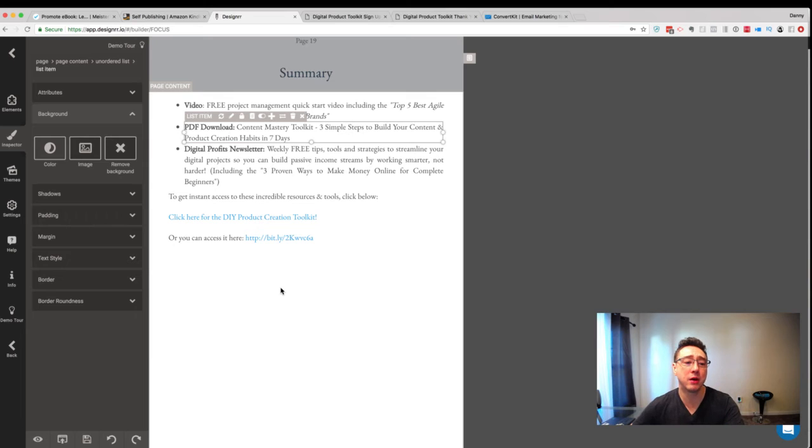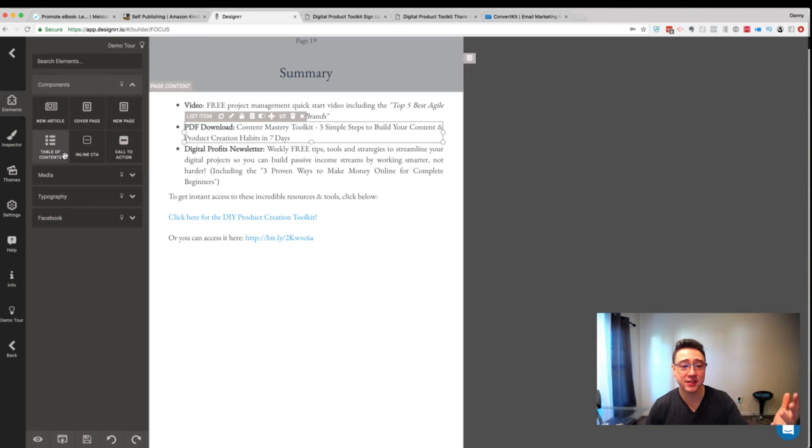And what's really great about Designer is that it lays everything out for you. So when you want to build a table of contents, there's an element in here for table of contents, and it just makes your ebook look super professional in less time. So anyway, it's cheap too. I think I paid like $27, and when they launched it, I paid like $97 for a lifetime pro account. But anyway,